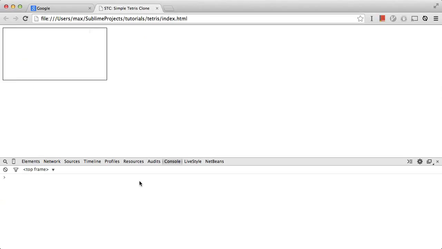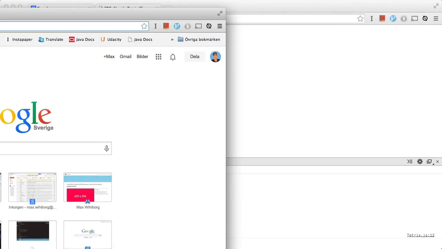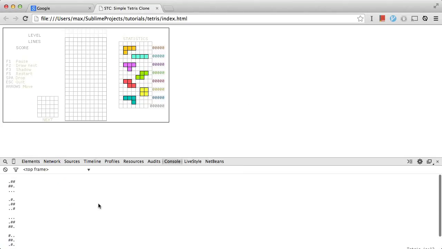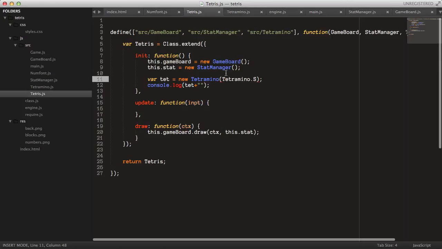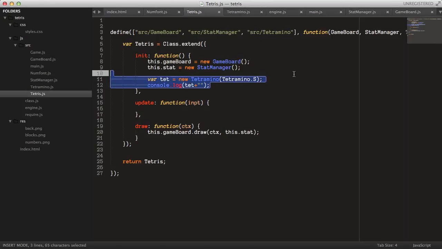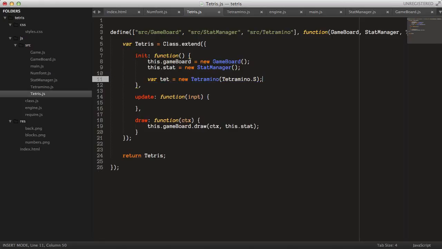Let's see the S piece, for example. Whoa, I didn't mean to do that. But here you can see the different rotations of the S piece and all the stuff like that. So that means that it works. So that's cool. So now when we have done all of this, let's make it possible for us to